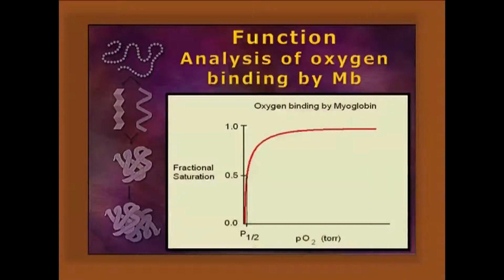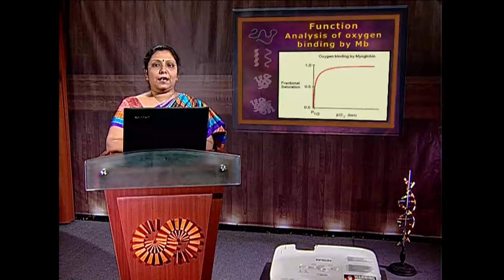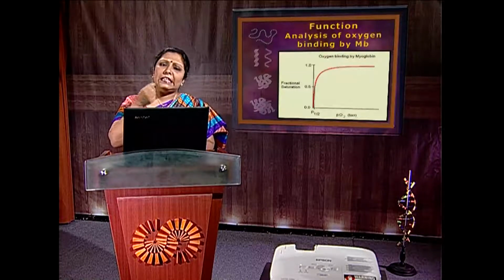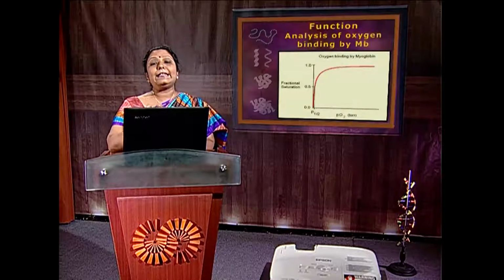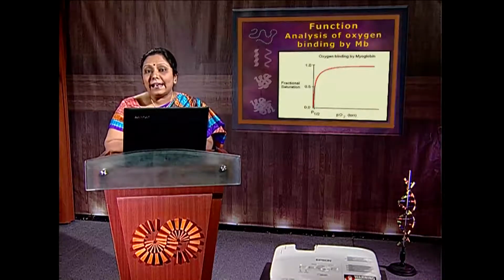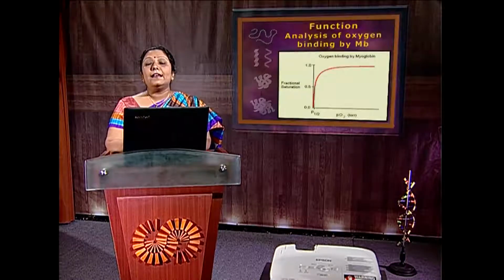Next one, functional analysis of the myoglobin. So myoglobin is a single subunit protein. When it binds at the lung with oxygen at high oxygen pressure, 100 millimeter of Hg, very little amount of oxygen pressure makes it partially saturated, and it is found in case of whale, in case of seal, in case of paramecium as well, and it distributes oxygen, stores oxygen in the skeletal muscle.